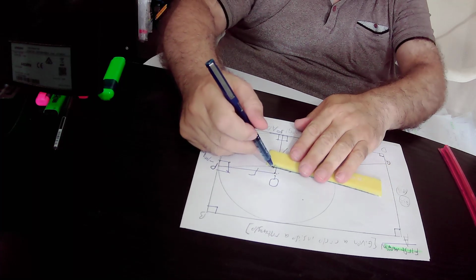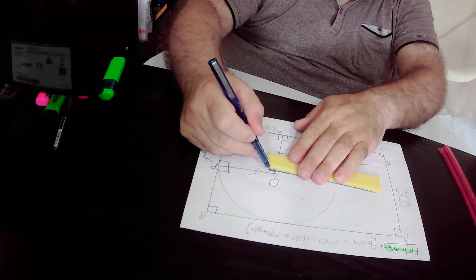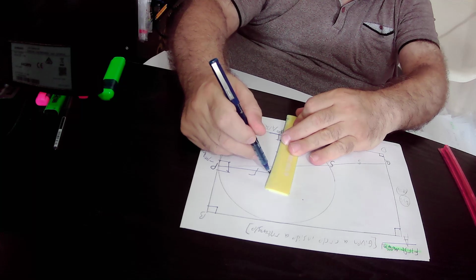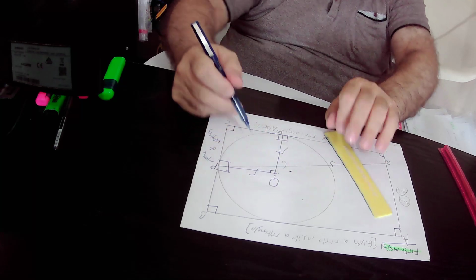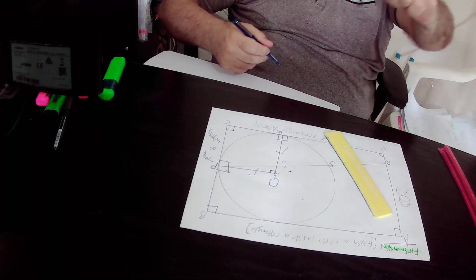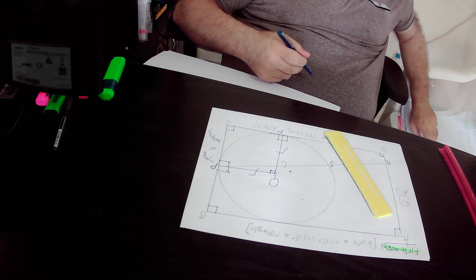So this angle must also equal 90 degrees because the sum of the angles in any quadrilateral equals 360 degrees, and in order to complete the sum of the angles to 360 degrees, this angle must be equal to 90 degrees. So here we have